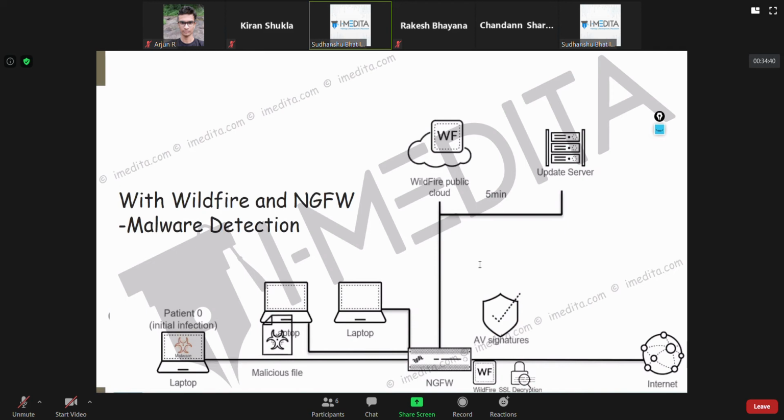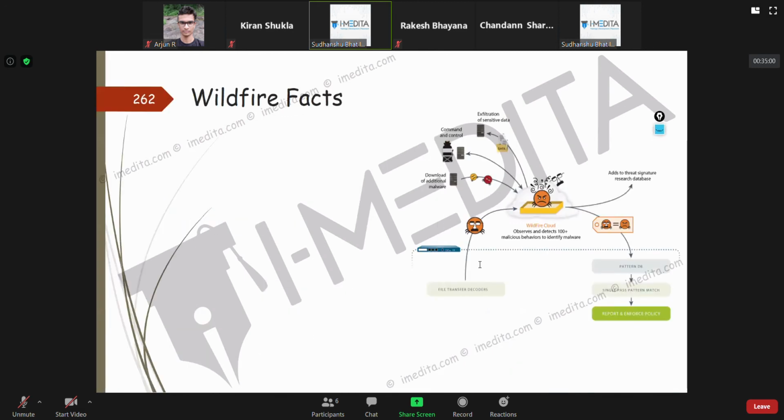But for that particular time, till they release it in the antivirus updates, you are exposed. So think of WildFire as the express antivirus service compared to the regular antivirus service. We'll discuss even this with licenses.